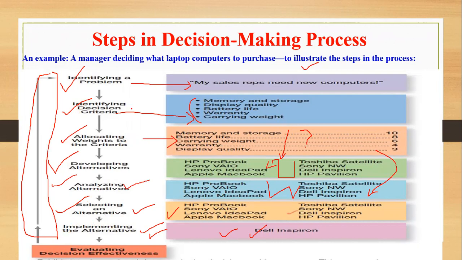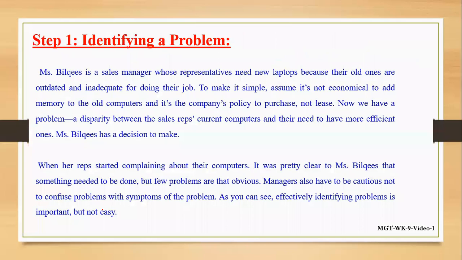Just assume that we make the decision criteria later and analyze the alternatives first, before even selecting the alternatives. This is not the right way. So what we have to do is go in the sequence. These are the different examples with a specific example. This one is the explanation of the different set of steps. We have already discussed all these things. That means first of all we have to identify the problem.